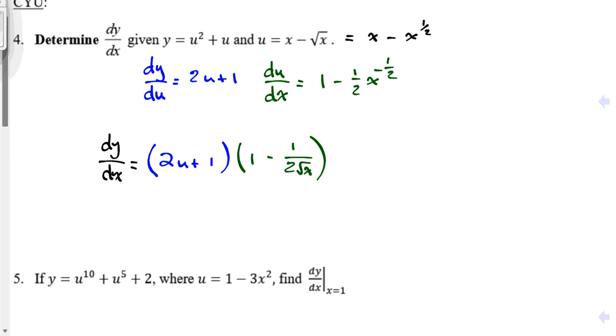Okay, may I have your attention, please? Question number 4. I stopped at this point because I wanted to emphasize that what we're asked to find here is dy dx, which is the derivative of the y function with respect to x, which means x is the independent variable. So I don't want to stop here where I have u's. I want to go all the way till I replace all the u's so I only have x's. So our final answer would be